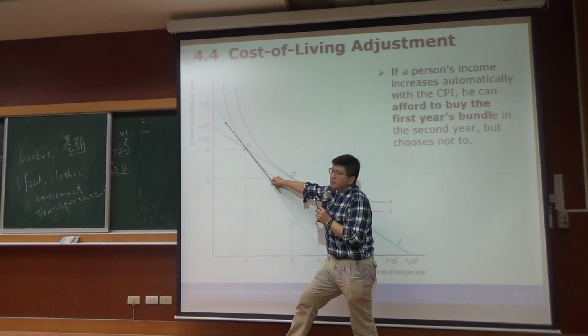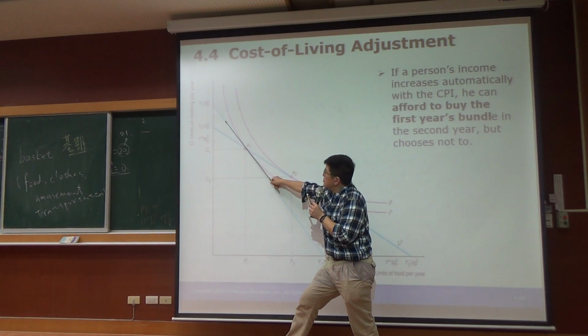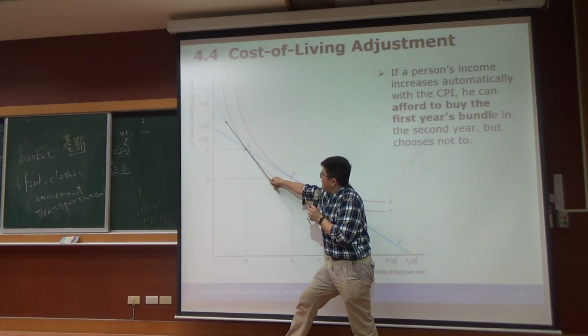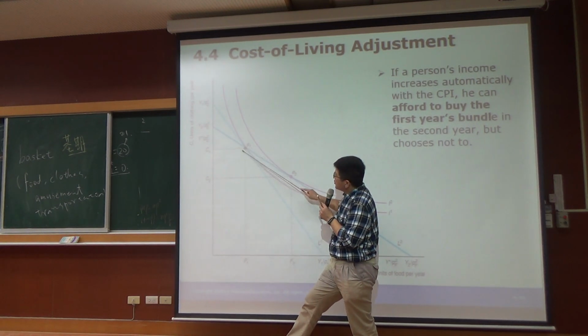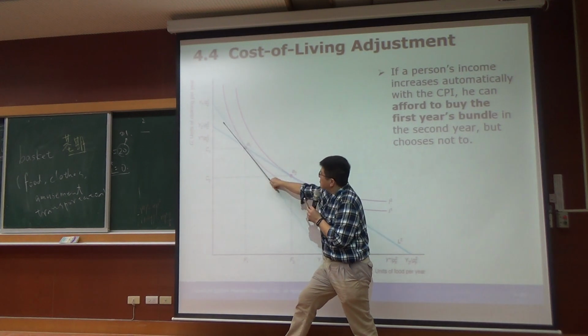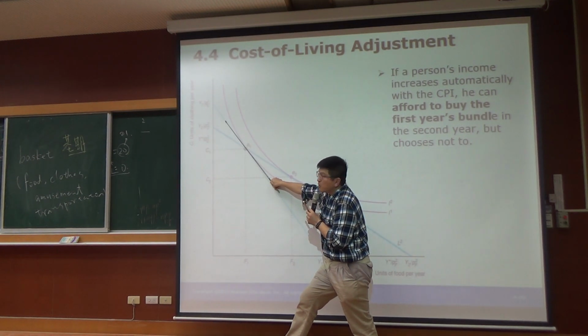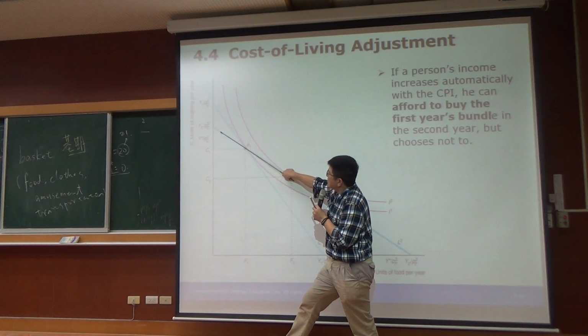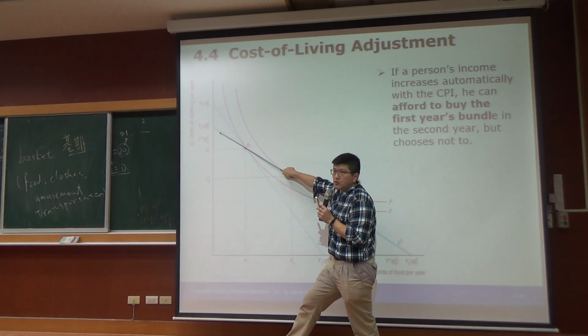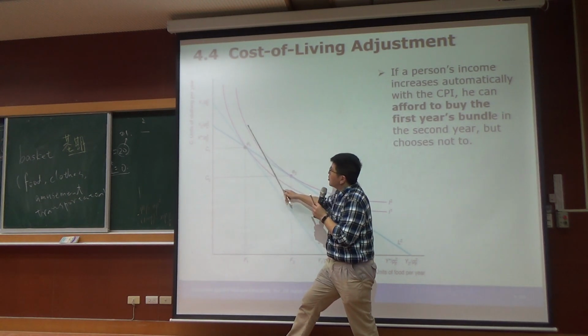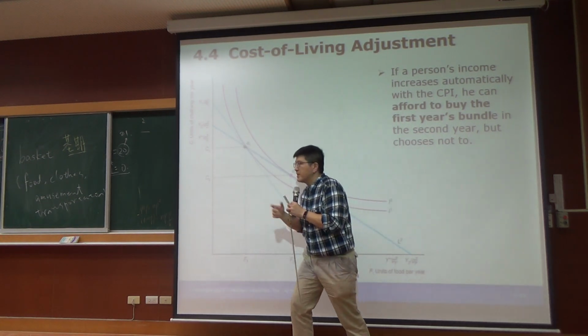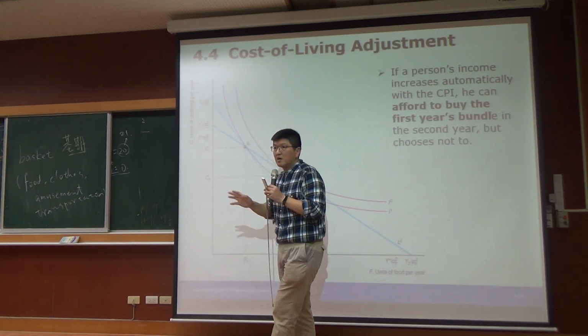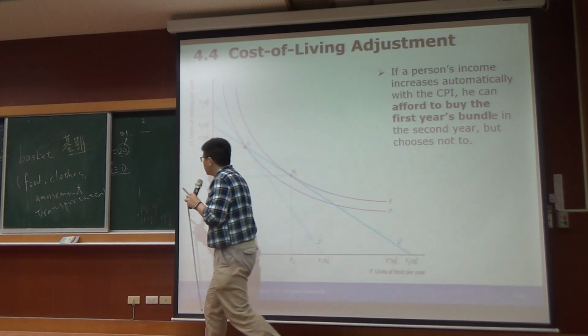So the initial income, or the initial budget line, and you choose this bundle. Now the government said that, okay, I would make sure you can afford your initial choice of the consumption bundle E1. So no matter how P1 and P2 changes,